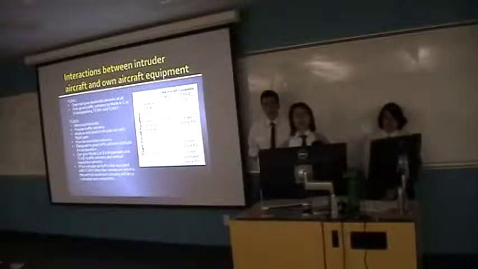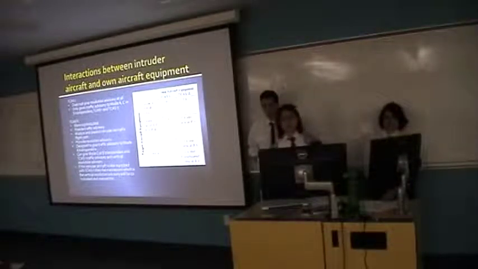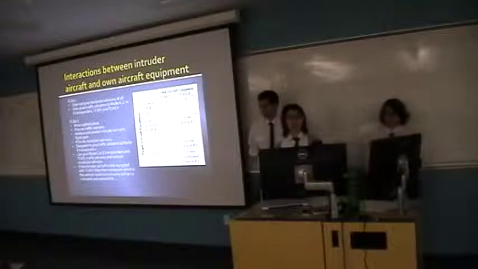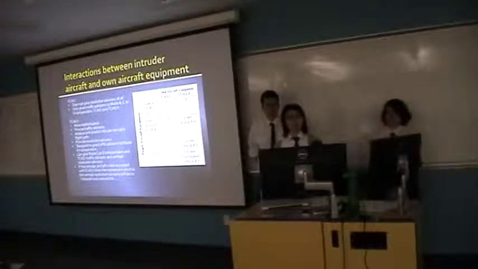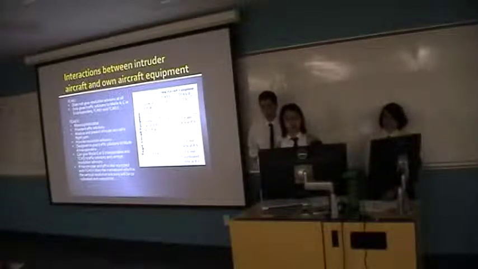TCAS-1 does not give resolution advisory at all, and it only gives traffic advisory to mode A, C, or S transponders. On the other hand, TCAS-2 is more sophisticated. It can provide traffic advisory, and it analyzes and predicts the intruder aircraft's flight path and provides the resolution advisory as well. It is designed to give traffic advisory to mode A transponders. It can give mode C or mode S transponders TCAS-1